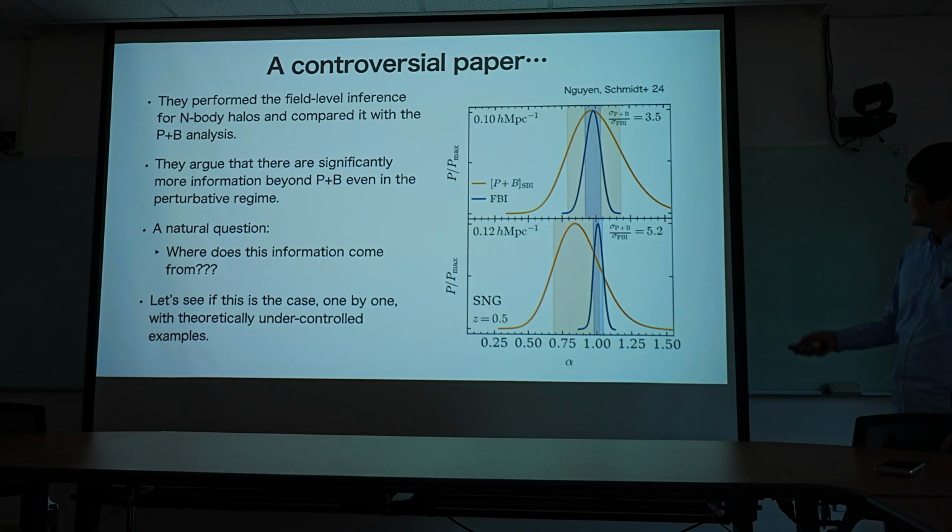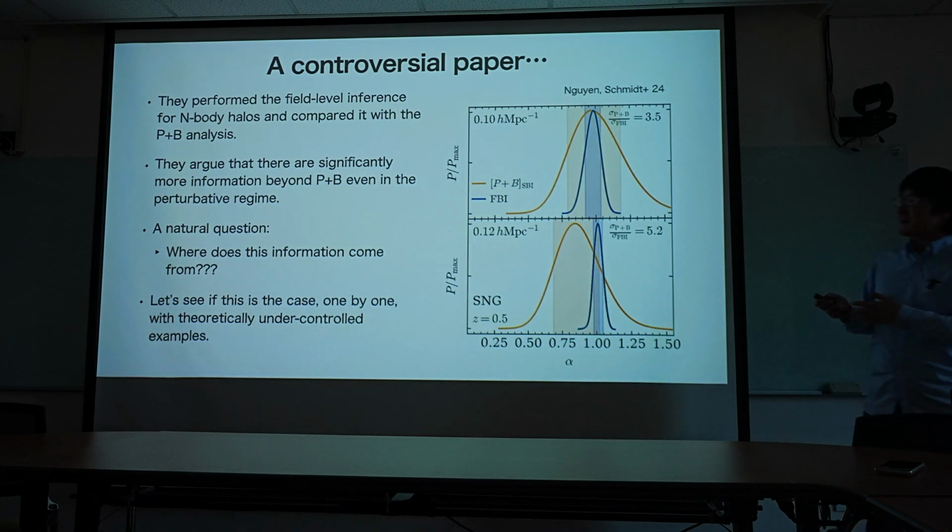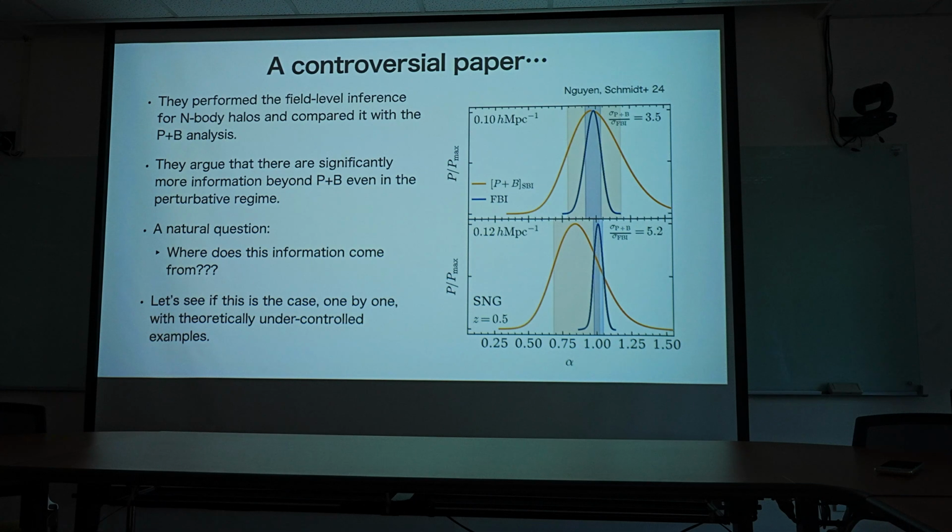So he explains that this is because of their covariance for the P plus B. They also use a very simple covariance that actually biases. Why does that happen? Well, I will explain. If time allows, I will explain the difference between us and them. They use a simple covariance, which doesn't mean the error bar is, I mean, even wider